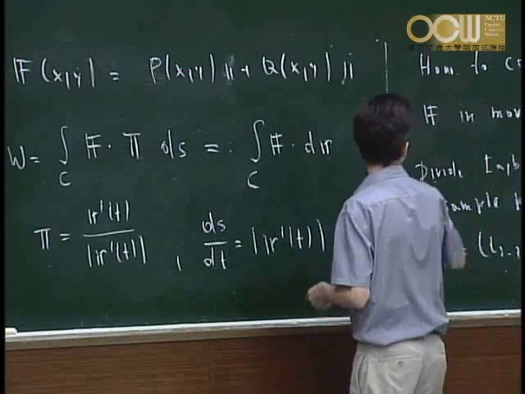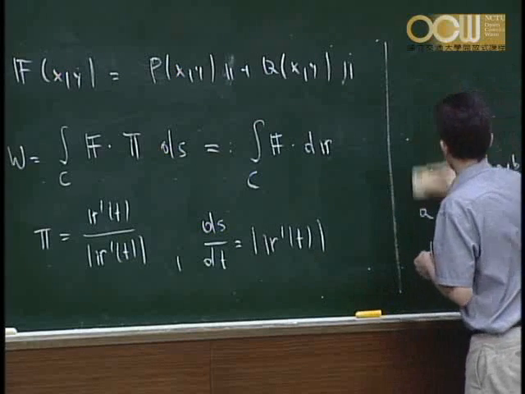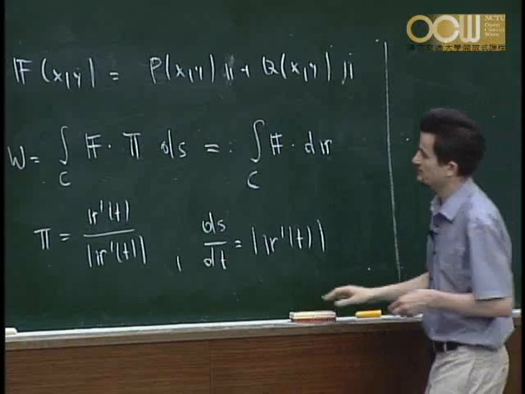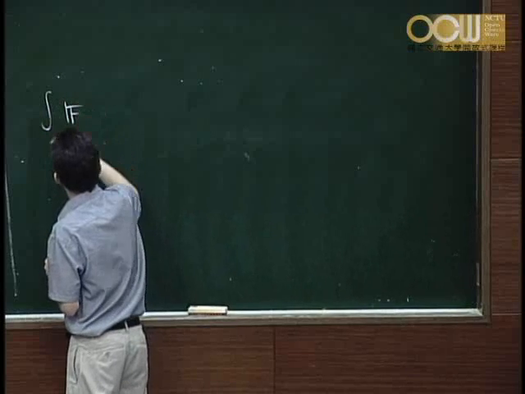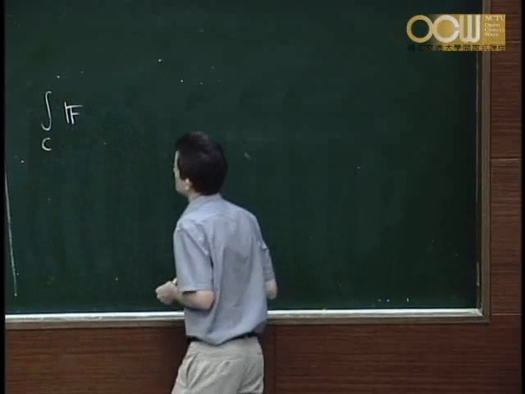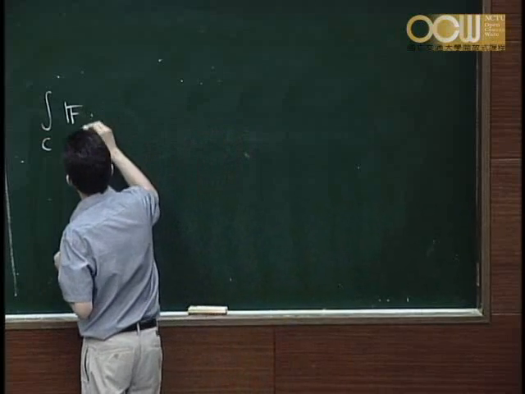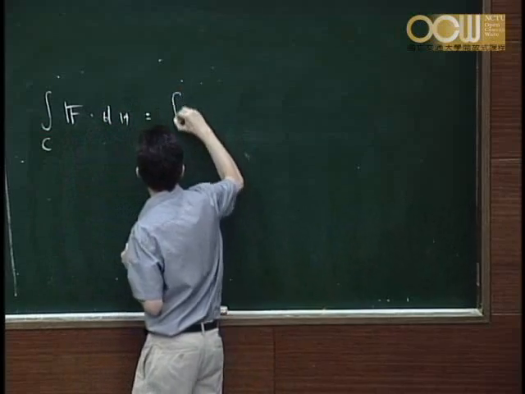So we plug this in, and what do we get? So the line integral along C of our vector field